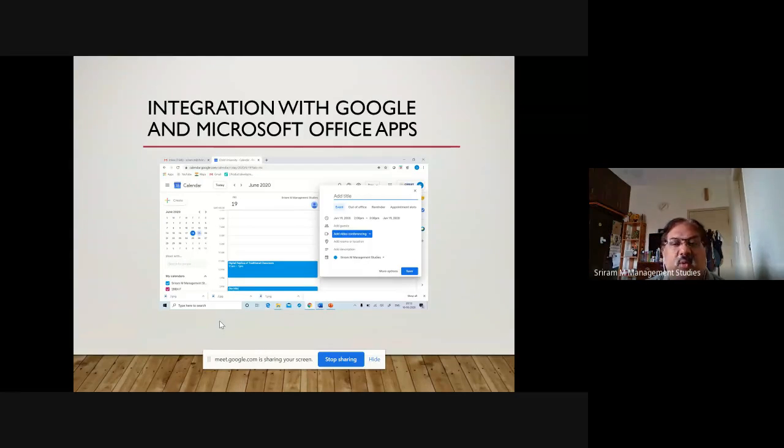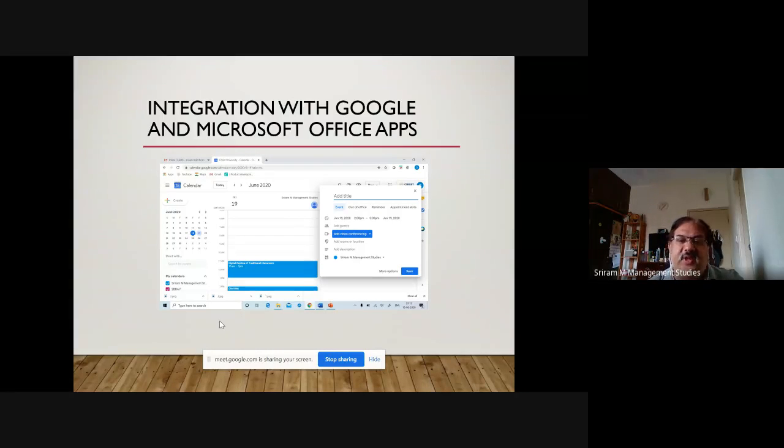This is again the screenshot of what I did. This is from my official account. So you can see, when you go to your Google account, on your right hand side you will find those 9 dots. In those dots, all the options will be there, you can go to YouTube, everything. In that, you will also have calendar.